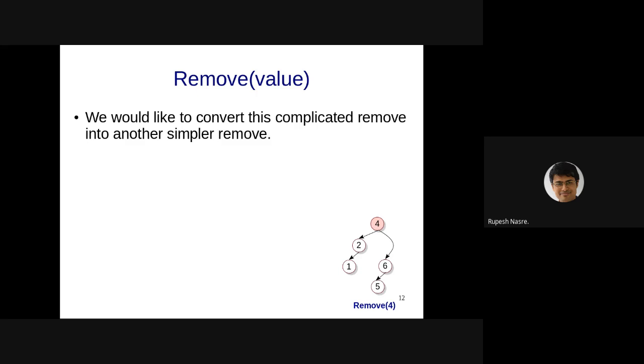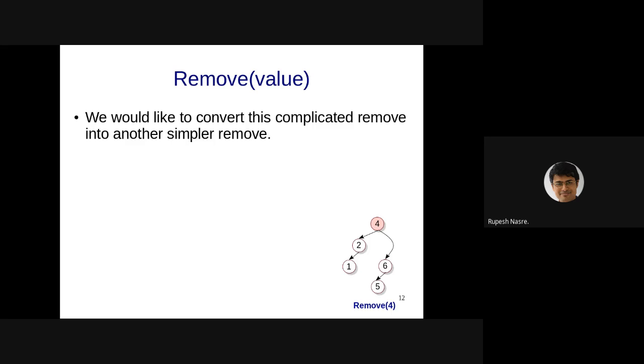Yashwant Reddy says replace with maximum of left if it exists, else minimum of right. Mayank says swap maximum value node on left side with root. Right? So all these three ideas Shania, Yashwant and Mayank have given seem to be extending Anirudh's idea that we need not replace with any leaf. What we could do is replace with a carefully crafted value of a leaf node.